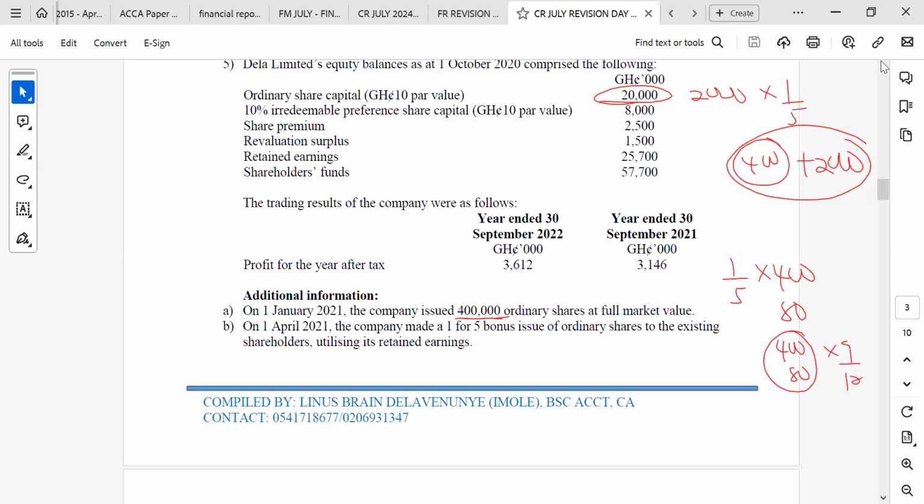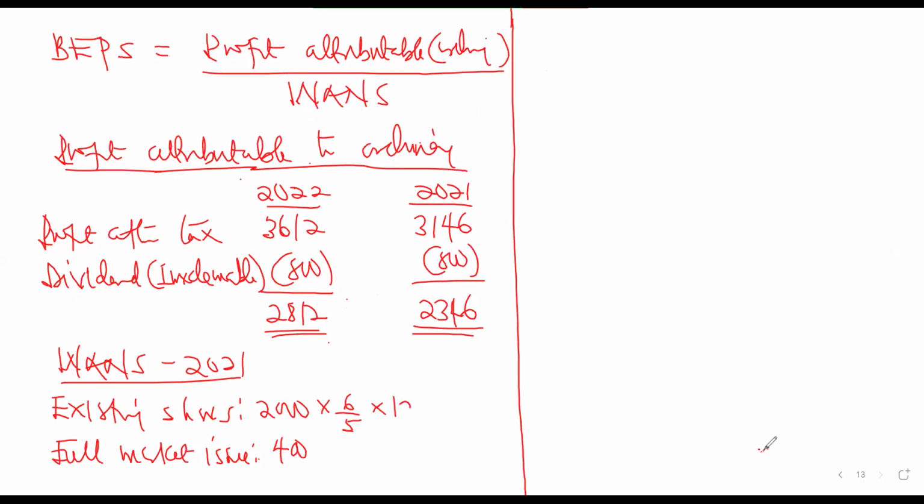So it depends on what you have to do. You can multiply this by the bonus fraction, and this will have 12 months contribution. You multiply this by 6/5 to get your 480, and this will be there for 9 months, which will be 9/12. Let's come and see whether